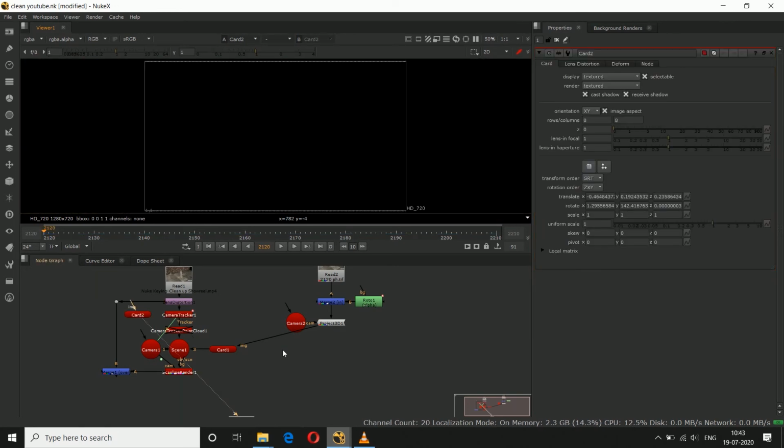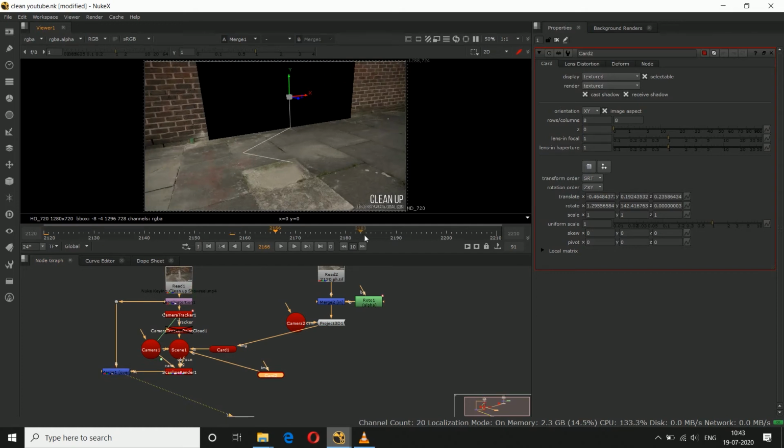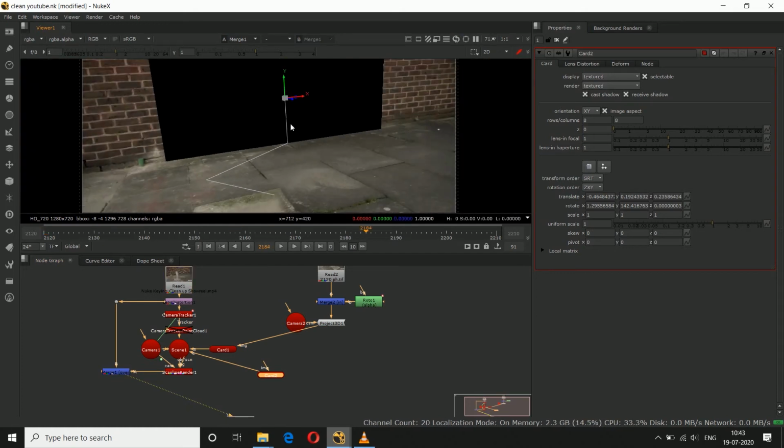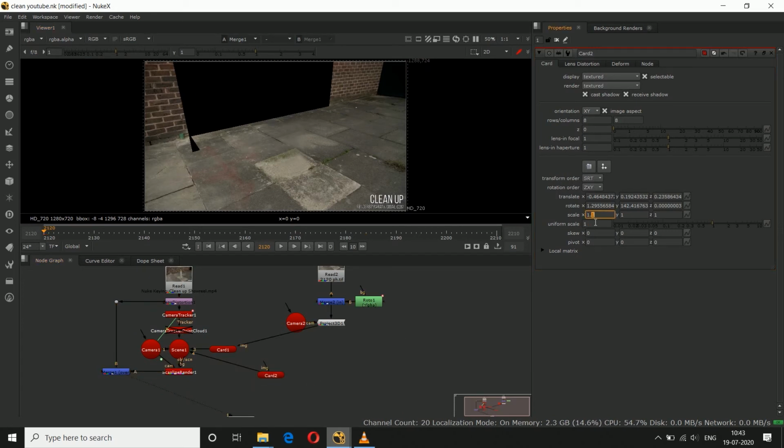Okay, so we'll align the card. Okay, see now our card is properly aligned. Go forward. So you can see our card is properly aligned. We'll just scale a little bit. Okay, we need to take up.